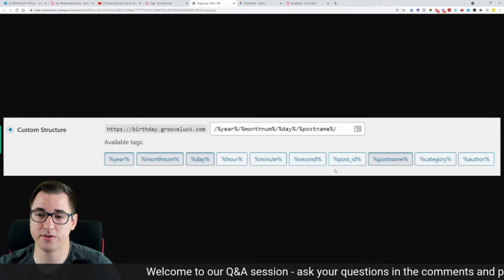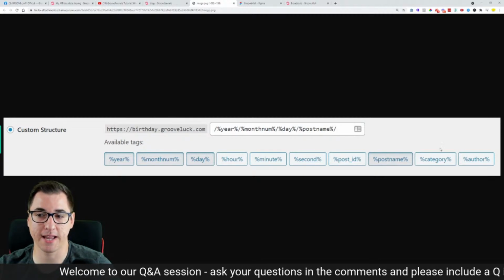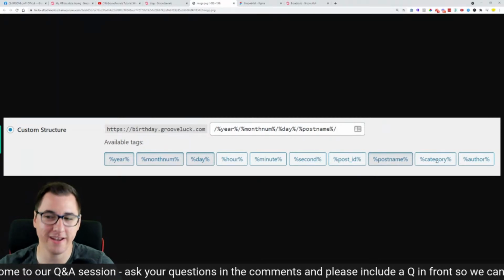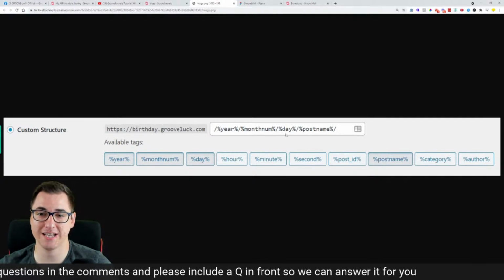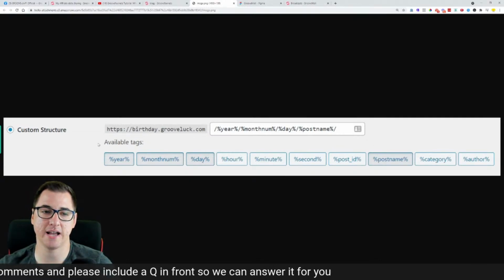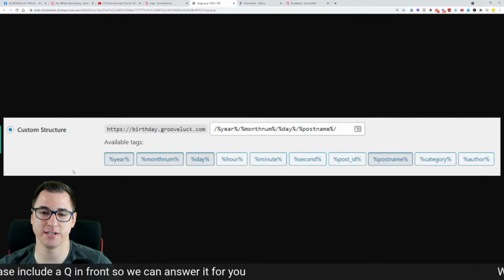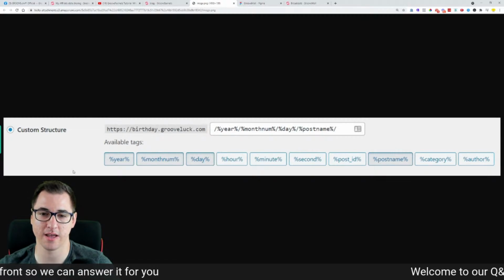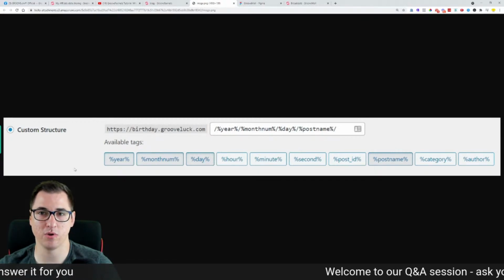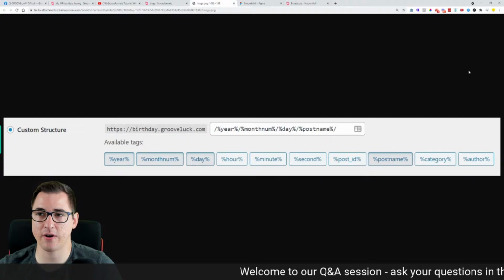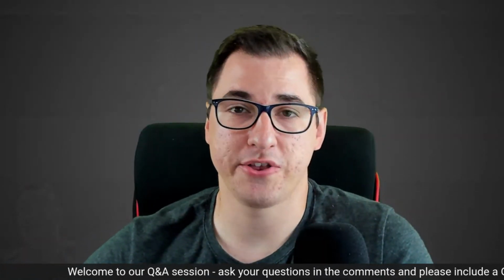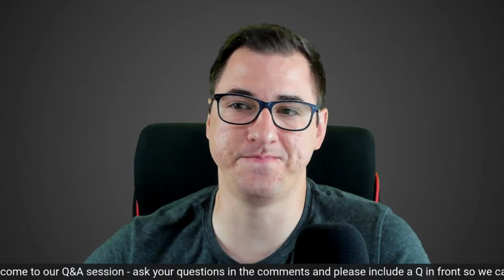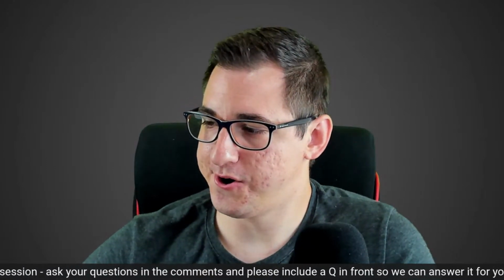Or do you want the post name or the category or the author information inside a URL? You decide that with this custom structure. This is what we are creating for GrooveBlog, and that's going to be one of the next deployments. But for now, the focus is on getting you access to GrooveMail with a newer UI.